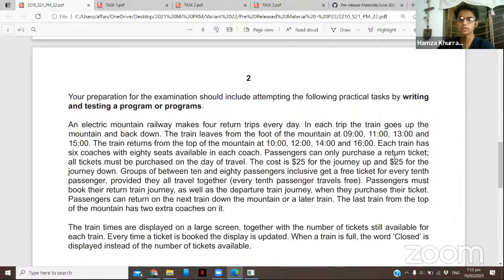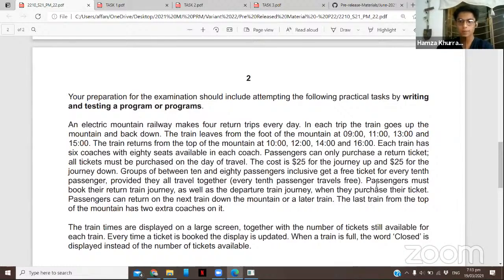And passengers can only purchase a return ticket. All tickets must be purchased on the day of travel. What this part means, that all tickets must be purchased on the day of travel, is that there's no part of the code where you have to state the day of travel while purchasing the ticket. Everything you purchase is to be used on that day. There's no part of the code which is supposed to calendarize what day you want to purchase the tickets on. And the first part, that passengers can only purchase a return ticket, actually links up